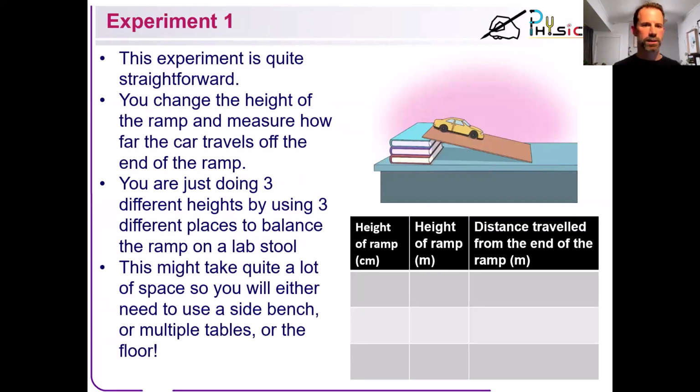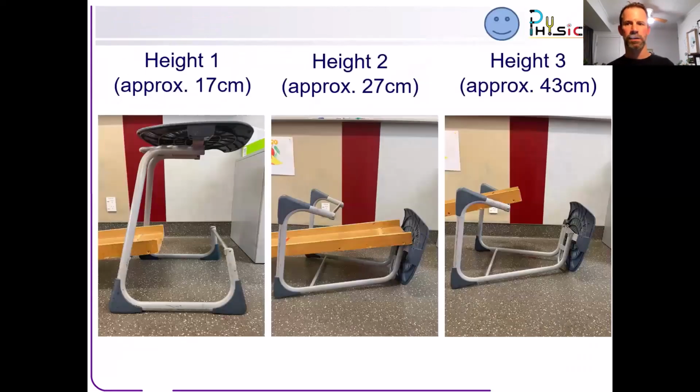Before I show you the next slide, I just wanted to say what this experiment was so it makes sense. It's the good old, there's a car at the top, it's going down. There's going to be 2 experiments in this. The first one is literally changing the ramp height and seeing how far the car rolls. Super easy experiment. And in that PowerPoint, there'll be something like this, a really interesting way to actually create different heights on a ramp if you don't have thousands of spare books sitting around: maybe just measure the different parts of a chair if you have them and use those for your ramps, right? So something like this will be in the PowerPoints too.